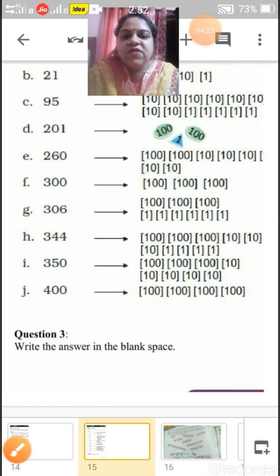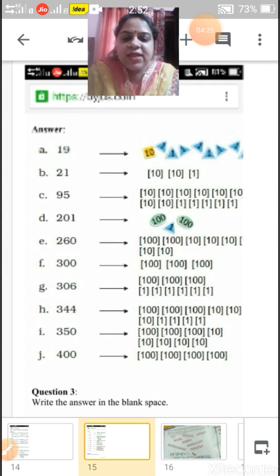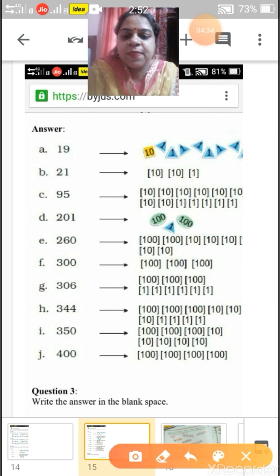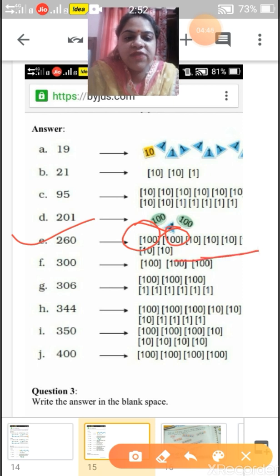Now let's have a look at our solution. Like this, you will complete this, where you will use 100 packets, like it's 260. For example, for 100 I am giving you, like 200 he has taken, that becomes 200, and 6 he has taken of 10. 1, 2, 3, 4, 5 and 6. So it will become 260. Okay children.